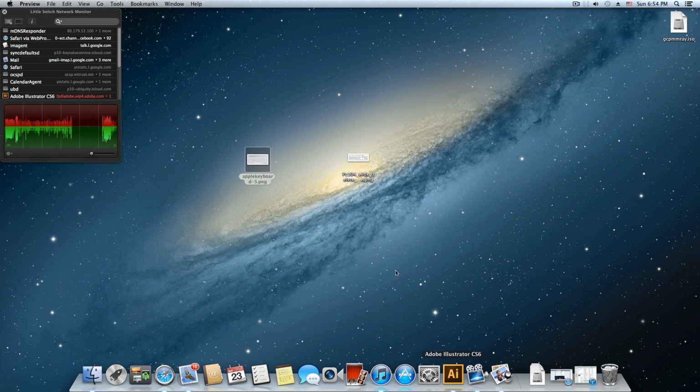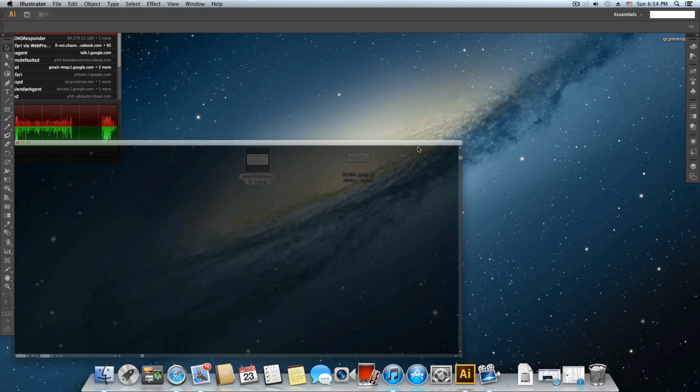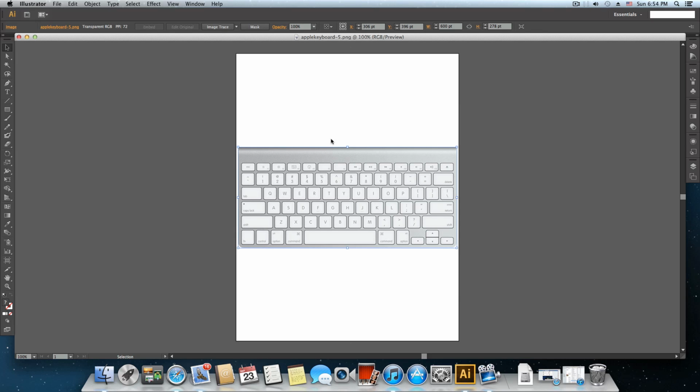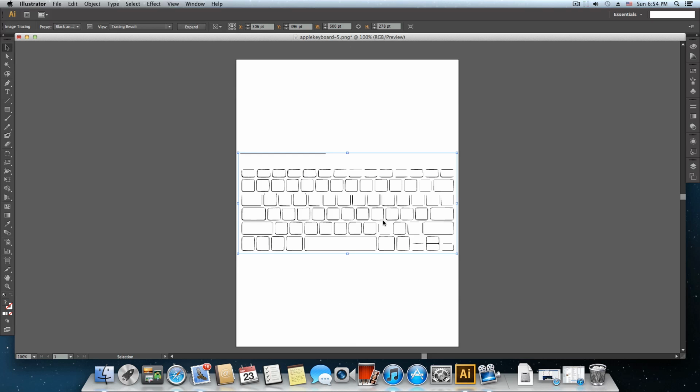So right click, choose to open this with Adobe Illustrator, and let's see what it gives us. So you click first on your picture, go over this button here, image trace, this arrow button near the image trace, and choose black and white logo. So it should give you some kind of map. It doesn't look that good, because this picture is very small in resolution,